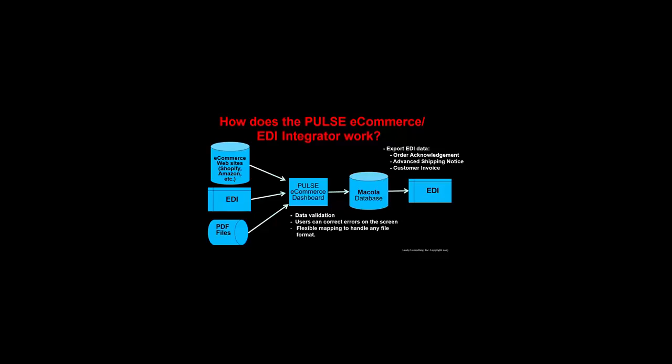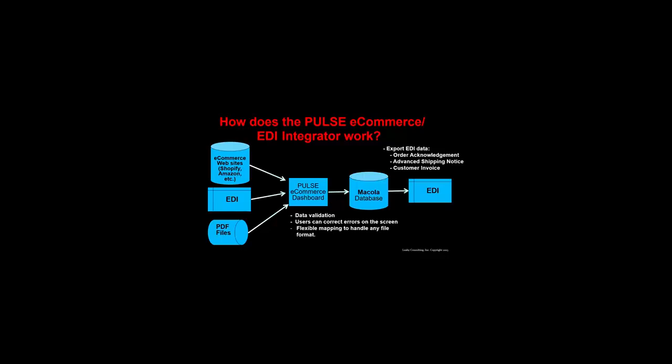It will poll Shopify or it'll poll EDI on a constant basis and then automatically push those into Macola. If there's an error, then it notifies you through an email. So basically what we're doing is we're replicating all of the validation rules of Macola when we bring the order